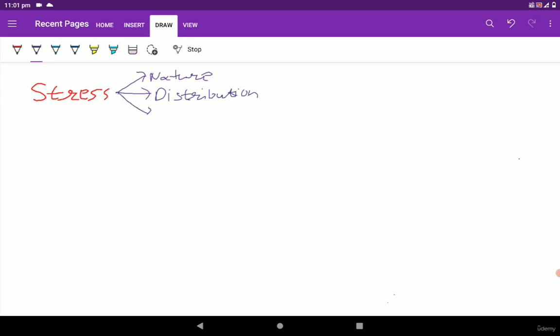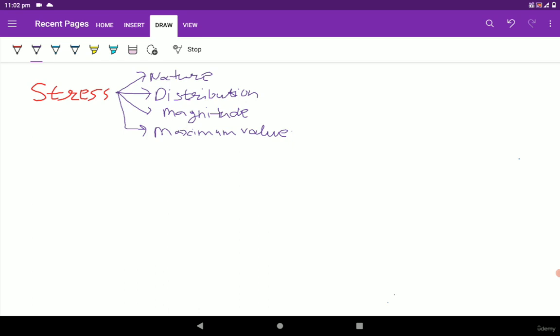And the other factor which we are going to focus on is the magnitude of stress, and the last factor, that is the maximum value of the stress. Okay, so